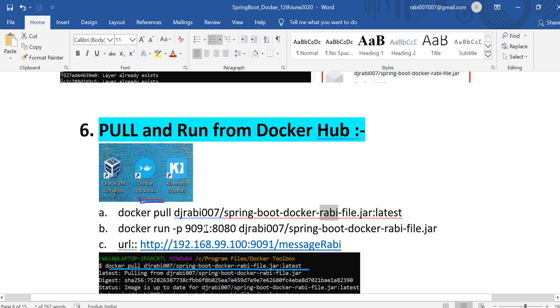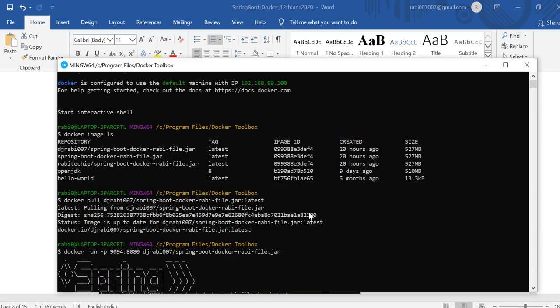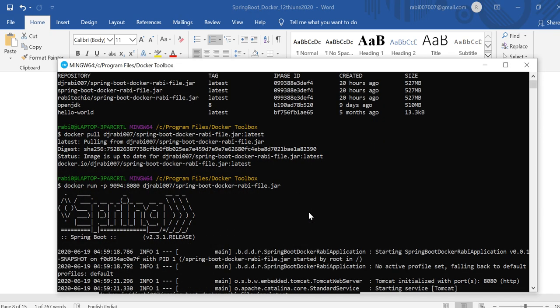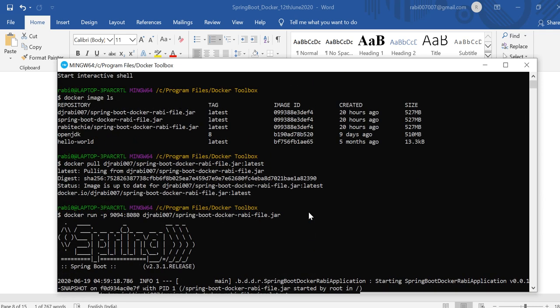So docker run -p, and you are going to run that particular repository name. Okay, this is the repository name. So for example, here the repository is DJRavi007.